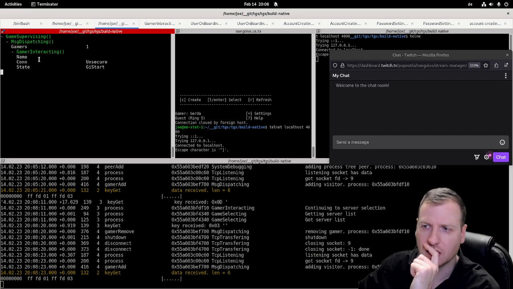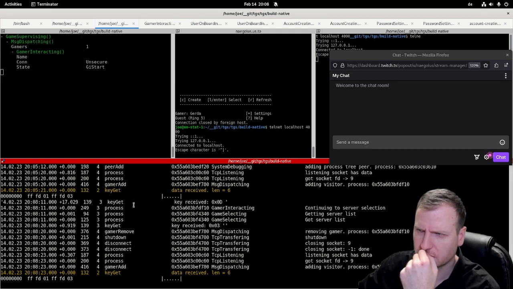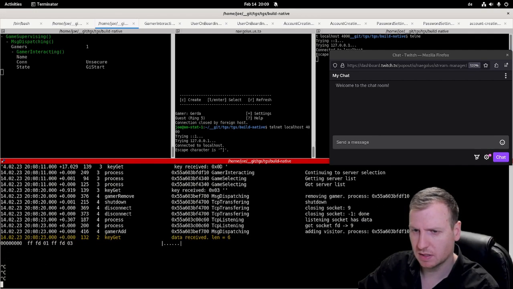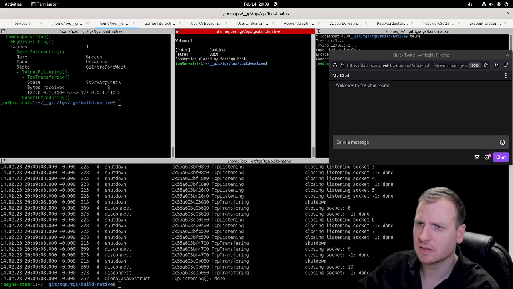It's not changing. This means the whole server is blocked. And I think that's the reason why we can't exit. And if I press enter,